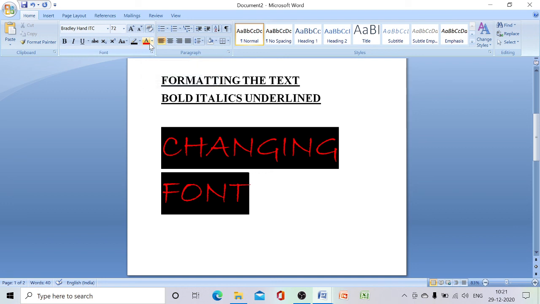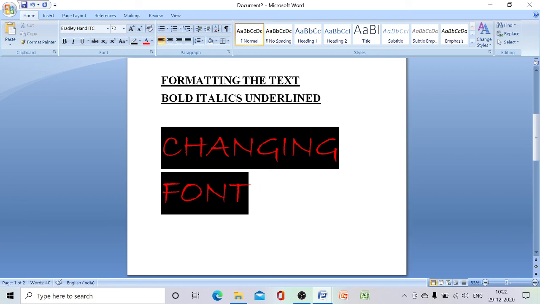Okay, so you can align the text as left, right, centered and justified.